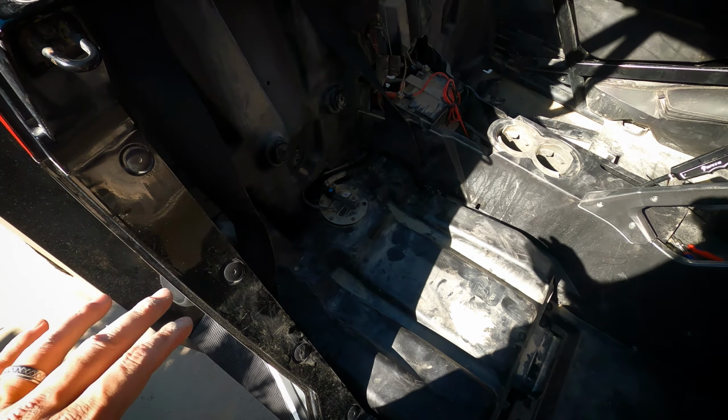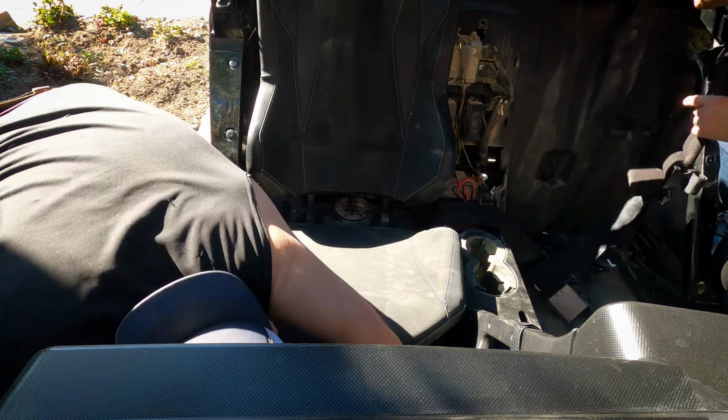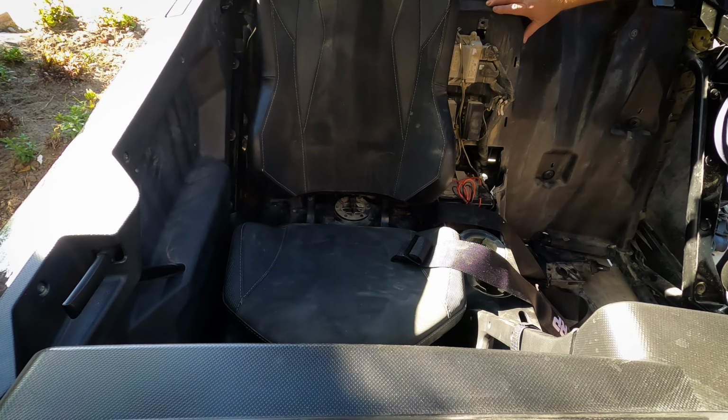passenger seat back up, and then we'll be able to put these into the cross members here, which support the belt. Seat going in is pretty straightforward. You just match up the dowel rods on the back and put the two bolts up front. I'm still sort of shocked that the seat is only held in by two bolts. It's kind of frustrating, and from a safety point of view, that's kind of scary. So I'm really glad we put in these 4-point harnesses to help secure that seat in place along with the